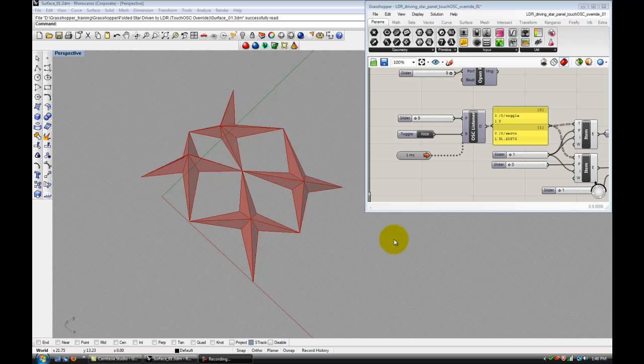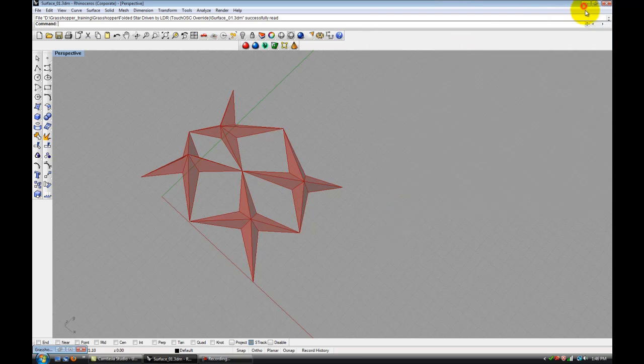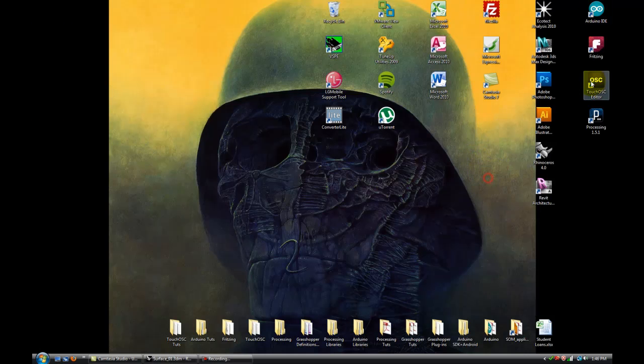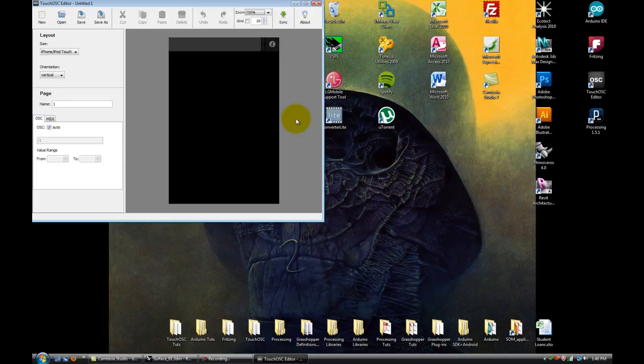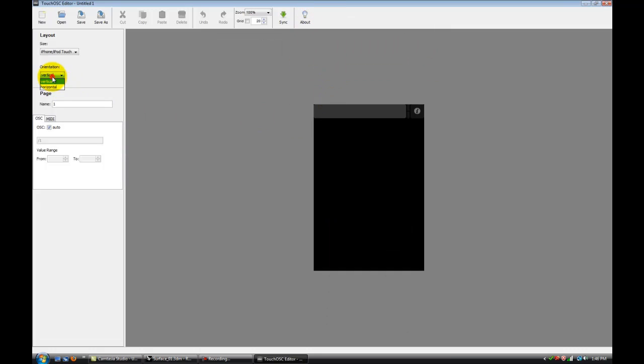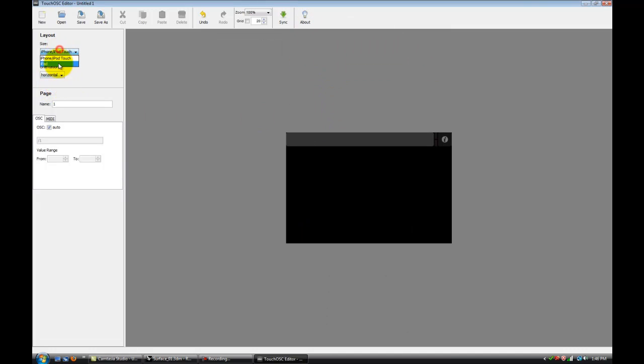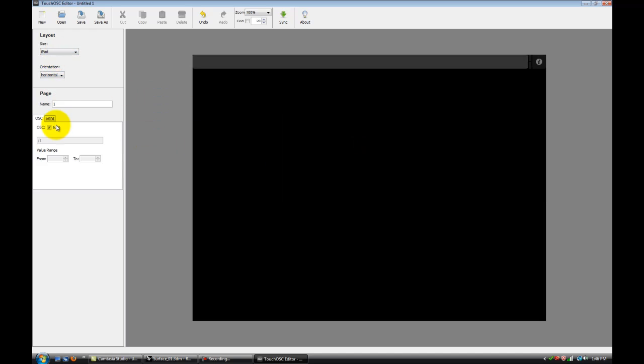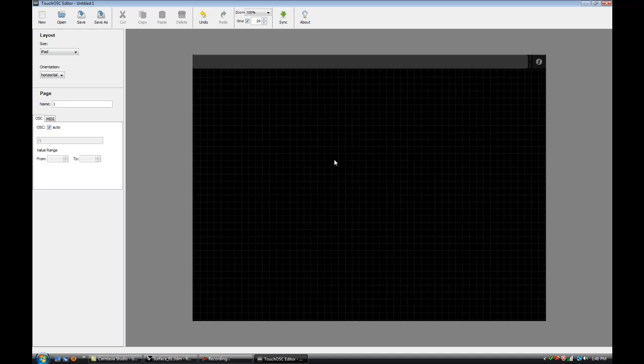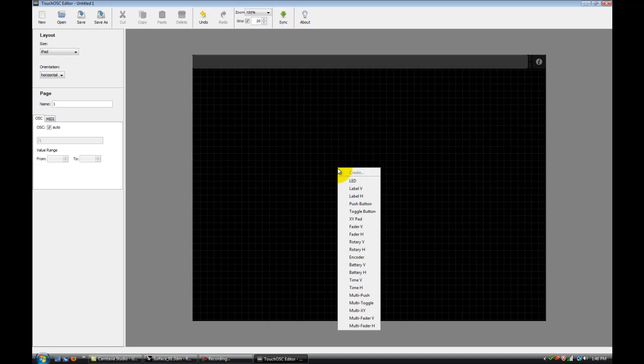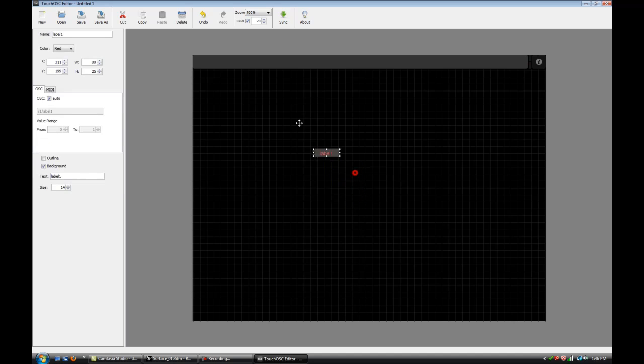First thing that changed, you probably noticed, is that I've added a toggle button to the TouchOSC. So let's open up a TouchOSC editor. Let's change it to a horizontal iPad. I'll just build it from scratch. If you right click, you get a label,